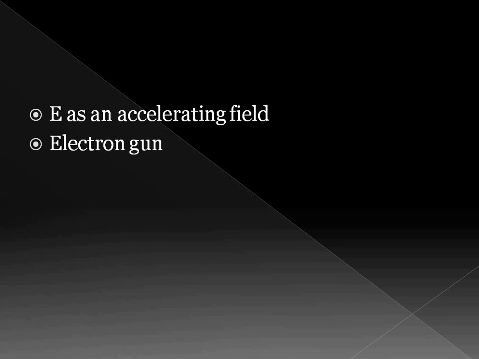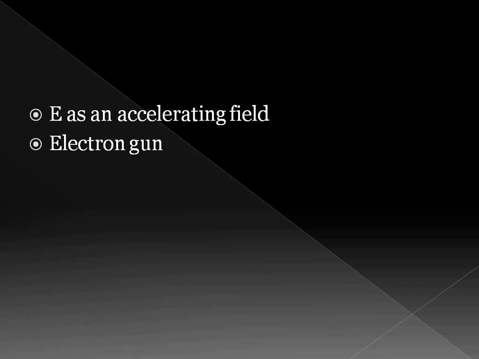Second one is electron gun. Electron gun means it is a device which produces a narrow stream of electrons from a heated cathode. The electron gun starts with a small heater, which is like a hot, bright filament of a regular bulb. It heats a cathode, which emits a cloud of electrons. Two anodes turn the cloud into an electron beam. The accelerating anode attracts the electrons and accelerates them towards the screen. Then we will get a streamline flow of electrons due to these anodes.